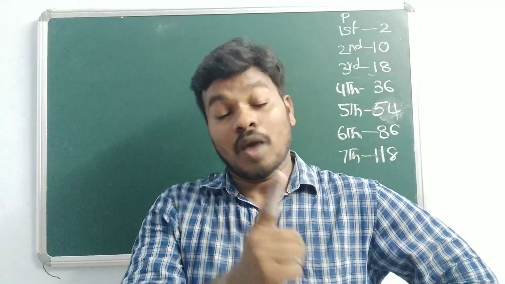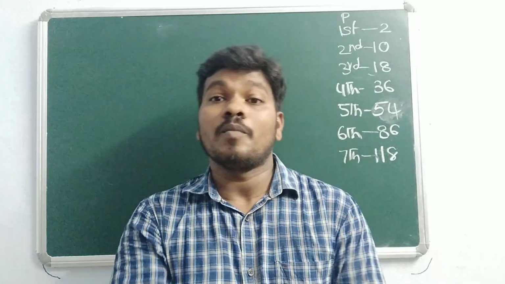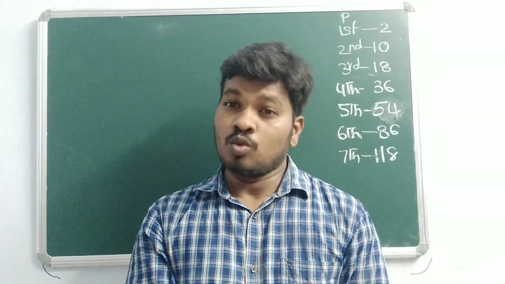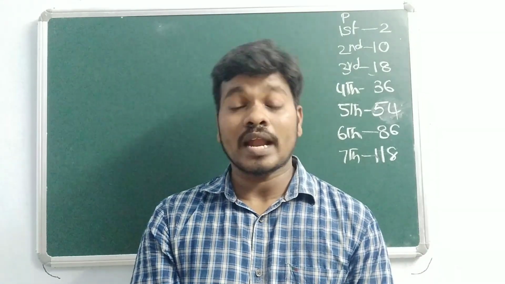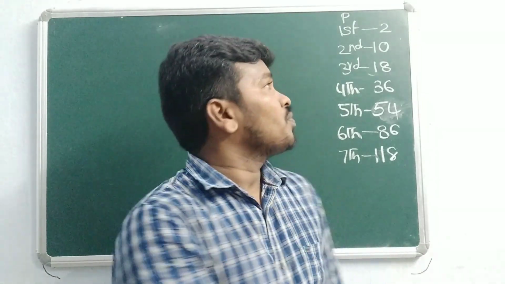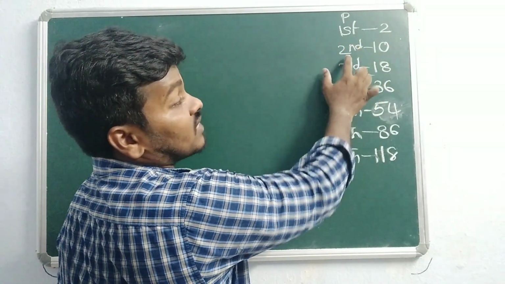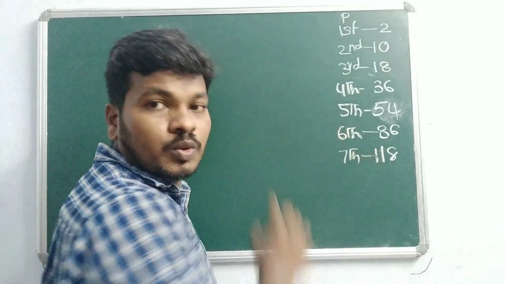So the first trick is, first remember these atomic numbers. These atomic numbers belong to the noble gases: 2, 10, 18, 36, 54, 86, 118. The first atomic number, 2, belongs to the first period, followed by the second period, third period, fourth period, fifth period, sixth period, seventh period. You just have to remember.